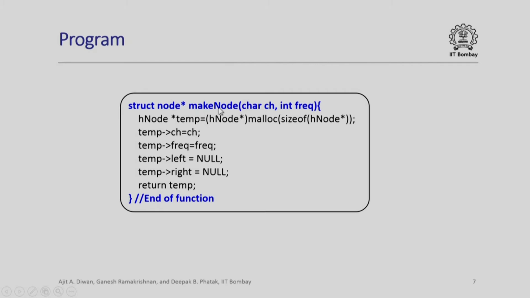Here is a make node struct. So, H node temp. Now, we are just saying we are creating a temp node by allocating memory. This is the way in which you malloc, depending upon the size of H nodes, you allocate memory and create a temporary node. Once a temporary node is created, it has to be filled up with the given character and given frequency which are appearing as parameters. So, you simply set temp ch to ch, temp frequency to frequency, and since this node has been just created, it has no left child, right child. So, we set these pointers as null. It is as simple as this to create a node.